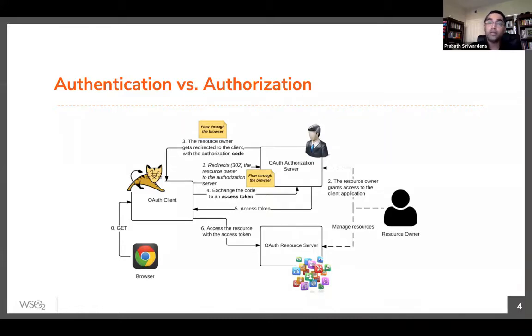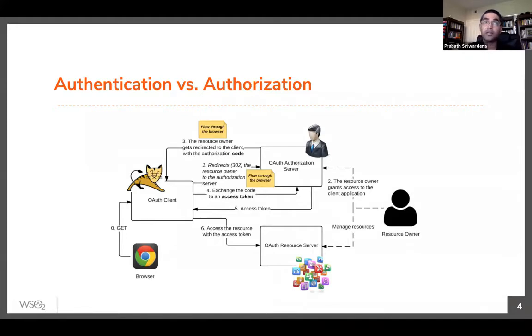But over time, you probably have seen people follow workarounds to use OAuth at the client application side as an authentication protocol too. For example, there are multiple applications using Facebook login, right? You go to the application, click on login with Facebook, and now the application knows who the user is. But Facebook doesn't support OpenID Connect. Facebook only supports OAuth2. Then, we just told you that OAuth is about authorization.